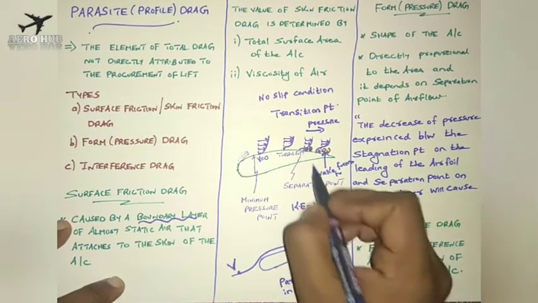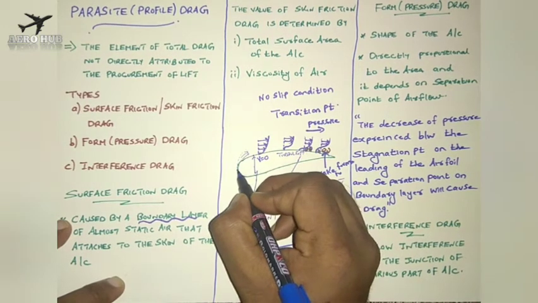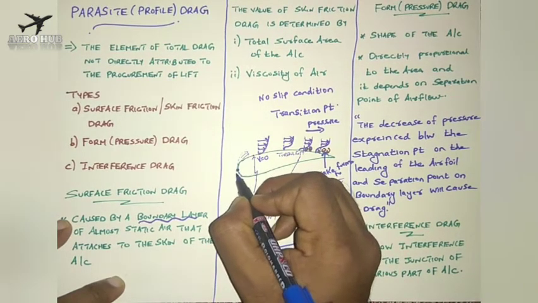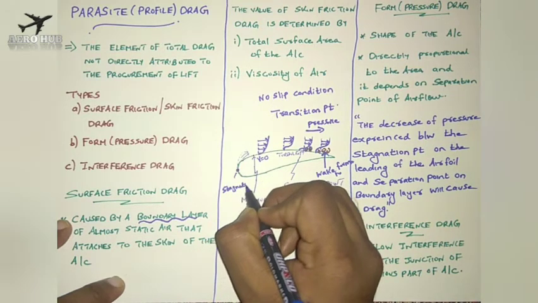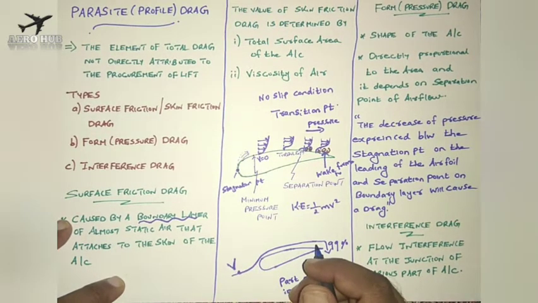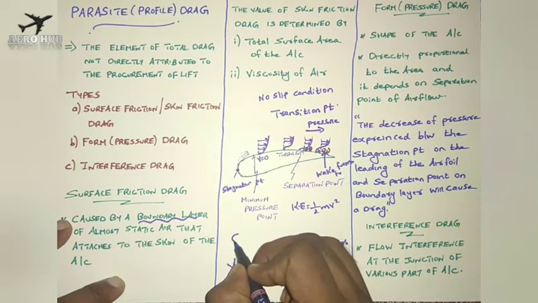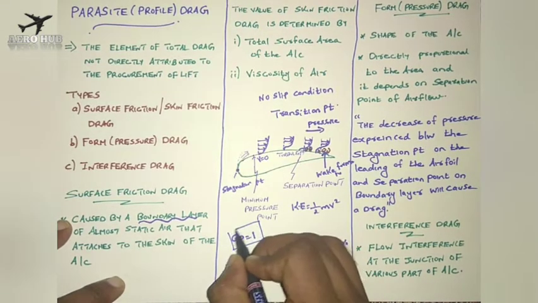And you have to understand the pressure value here. You are aware that there is something called the stagnation point. A stagnation point is a point at which the velocity is 0 on an aerodynamic surface, and the value of the coefficient of pressure, Cp, will be 1 at the stagnation point.